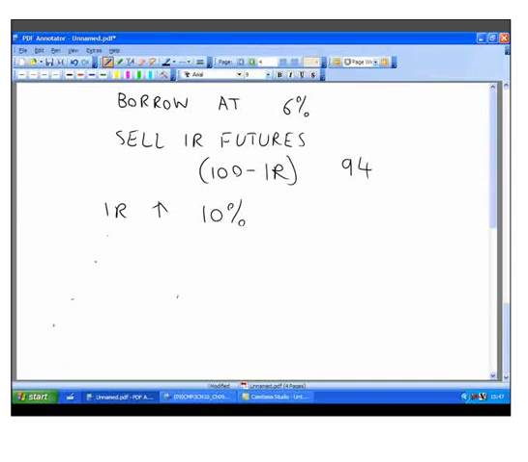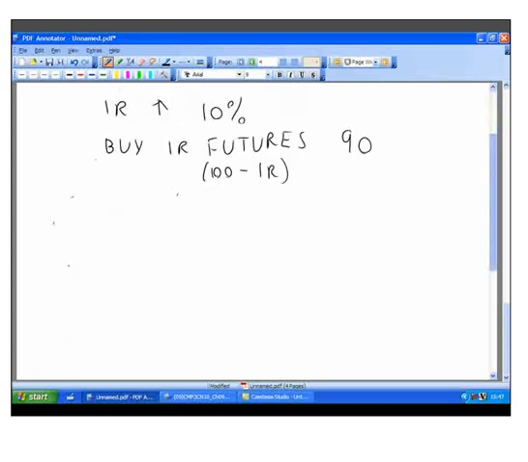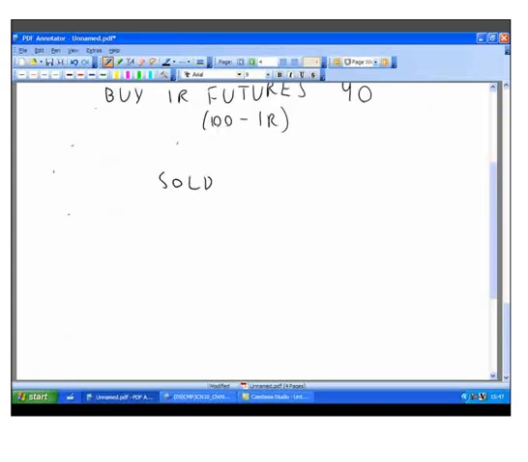Now, because interest rates have now gone to 10%, the price of the futures now is going to be 90. So what I've done, I have sold at 94 and I've bought at 90. In other words, I have made a gain equivalent to 4 points on the future, and that gain will offset the extra interest that I'm paying on my